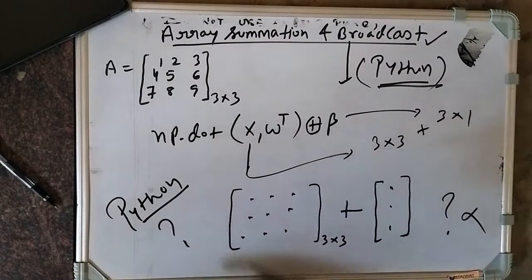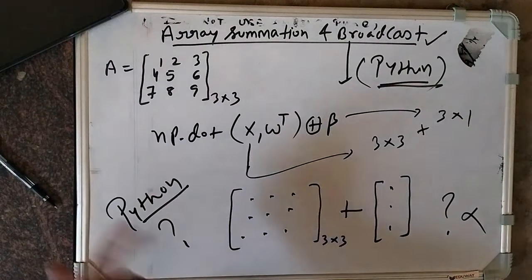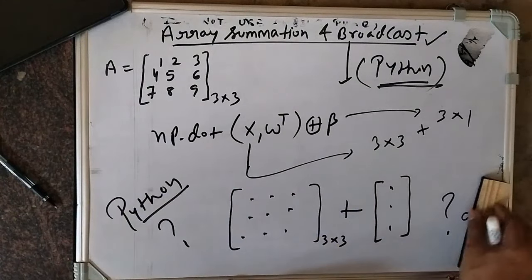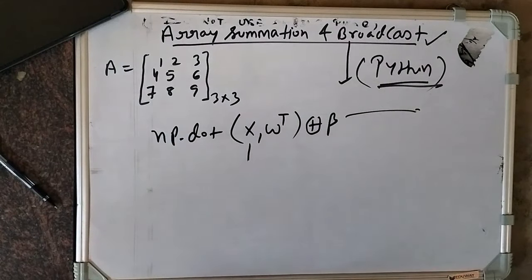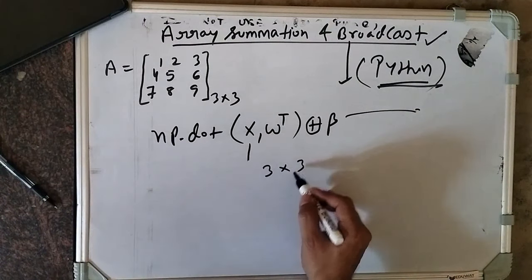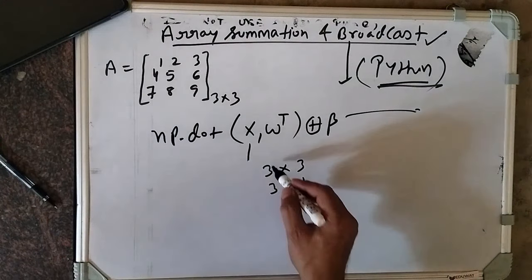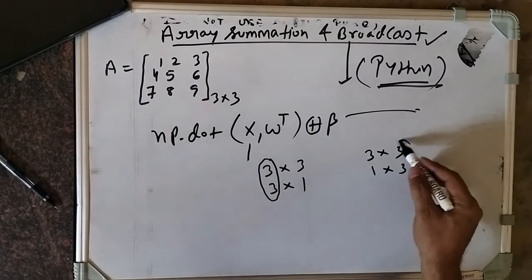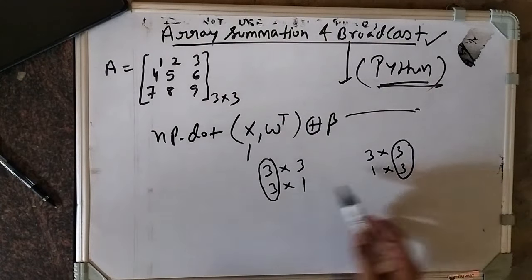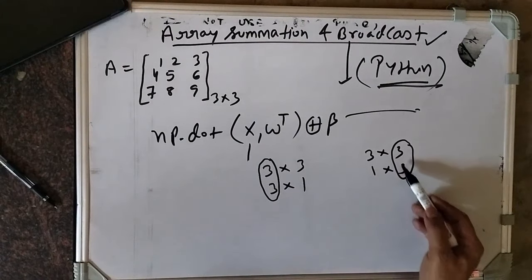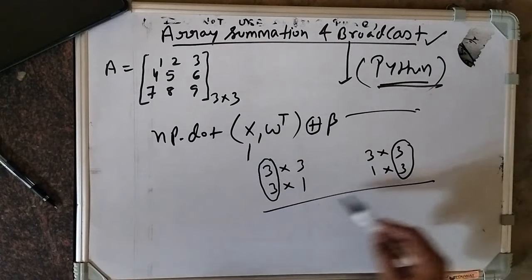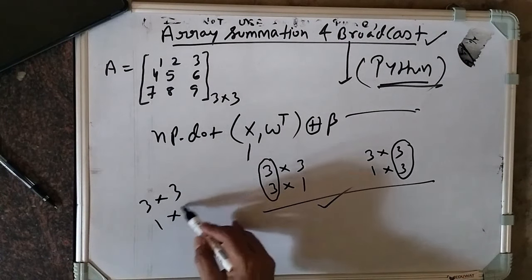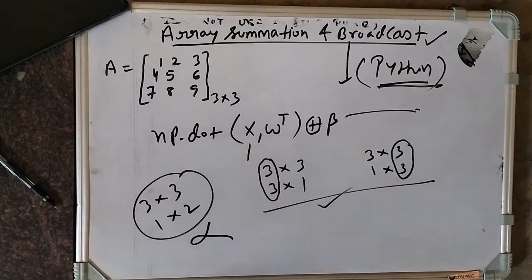How in Python, we are learning. So keeping dimension is very important. I will show, because this is impossible. The broadcasting rule is applicable when, rule number 1, suppose there is a 3 into 3 matrix and another one is a 3 into 1 matrix. If something is similar, like 3 into 3 and 1 into 3, either this or this, any one is similar, then the broadcasting rule will work. If you have a 3 into 3 matrix and here 1 into 2, the broadcasting rule will never work. This is impossible.